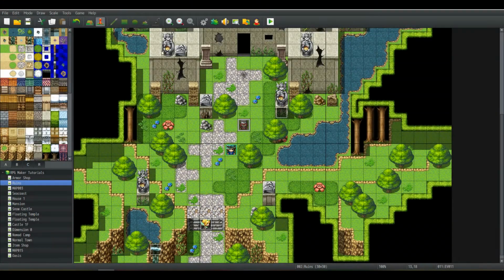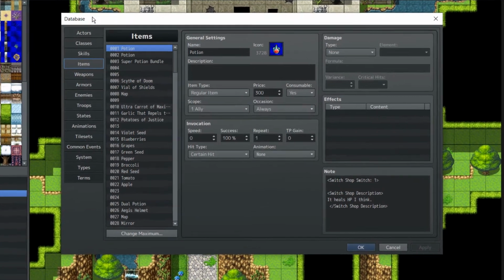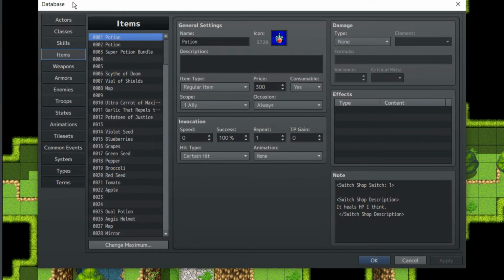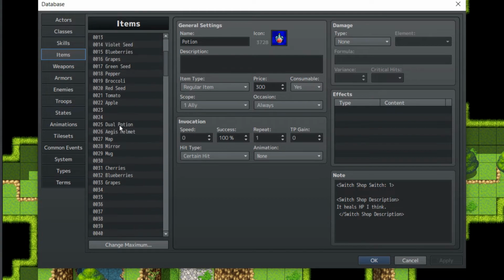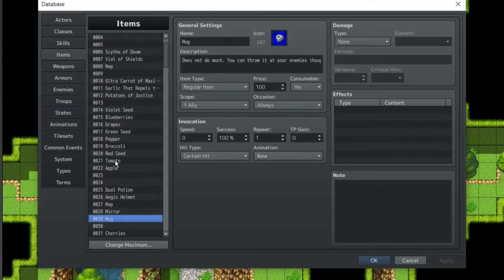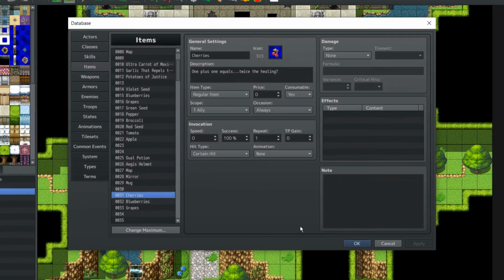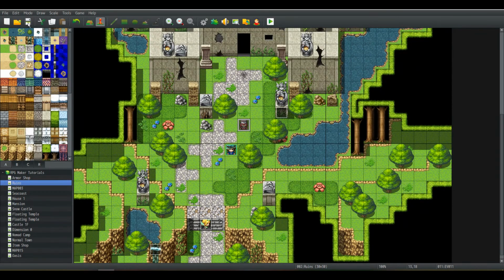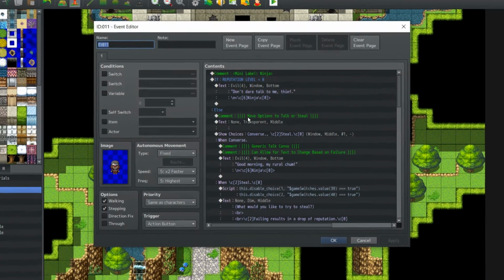Alright, I think it's time to go over some of the simple stuff. I should say that the plugin Himeworks' Disable Choice Conditions is only there so you aren't able to steal the same item twice. Simple as that. The only items we're actually going to be using are this mug and some generic cherries from previous tutorials. If we go over this ninja here, who we're going to be stealing from,